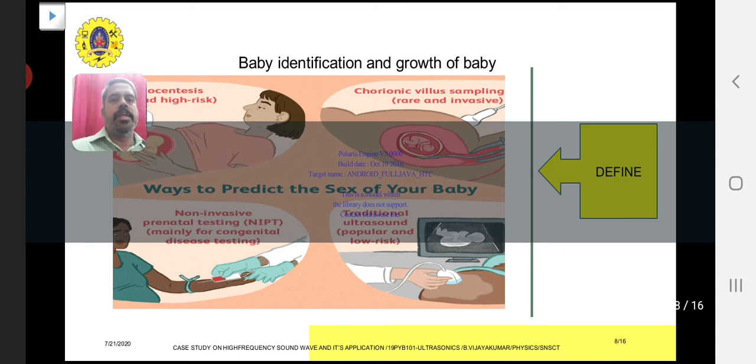So this picture clearly shows which one is high risk, which one is lower risk, which one is in a rare formation, and which one is in an easy formation. All of this is clearly shown in this picture. That's why I am sure that this